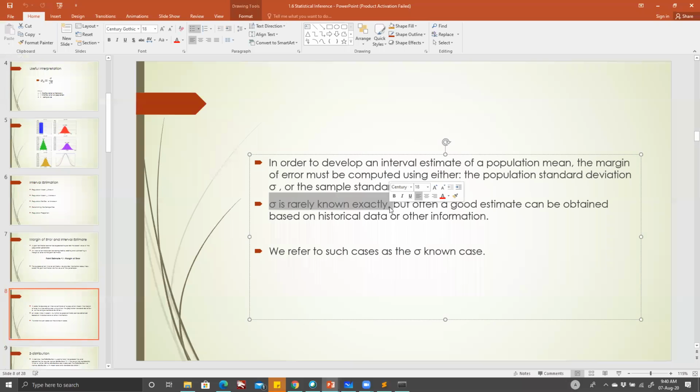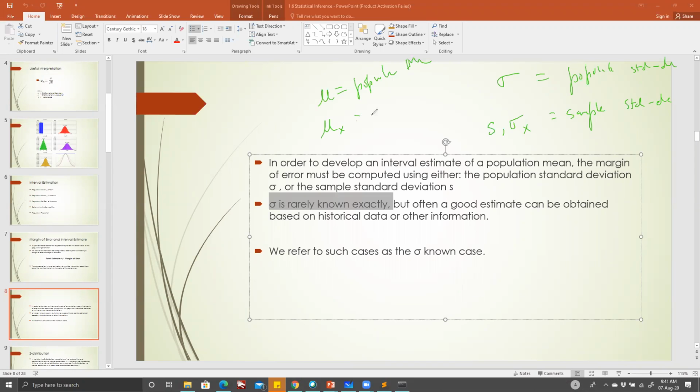Sigma means population standard deviation. In this, mostly I will be using two symbols. Try to understand this: whenever I say sigma, mostly I'm talking about the population standard deviation. So please do not get confused. Either I will use S or sigma X, which means sample standard deviation. Whenever I write just small sigma, always understand I'm talking about the population. Again, mu is global, meaning population mean, and mu x is sample mean. Because these symbols will always occur, I just want to make sure that you understand.